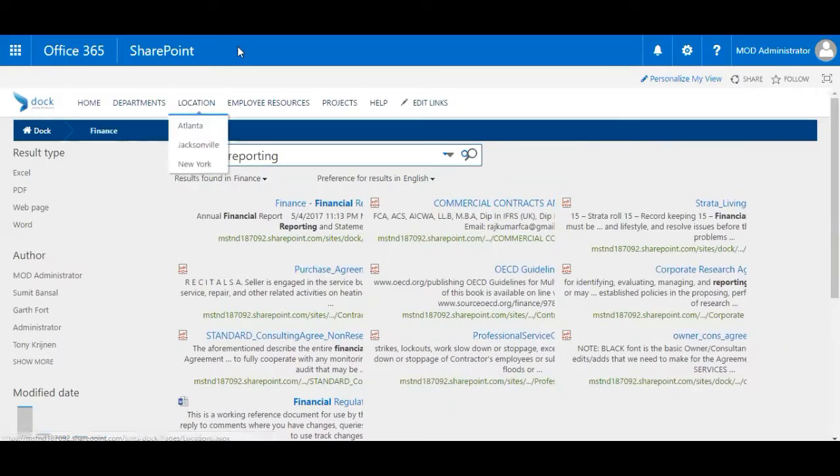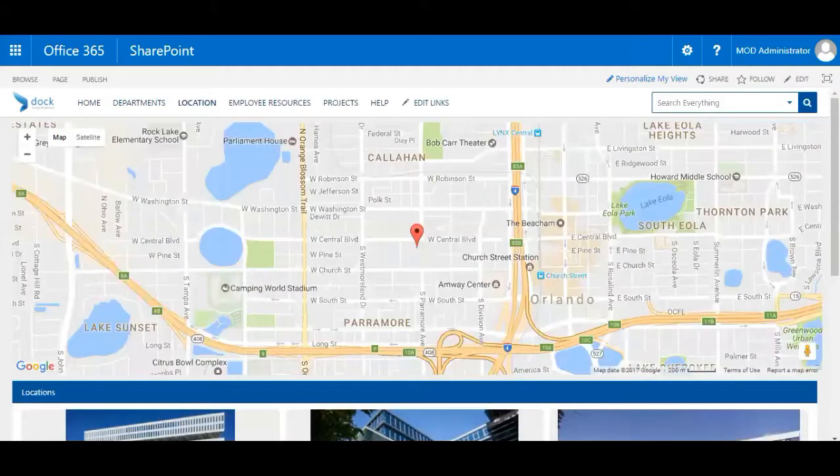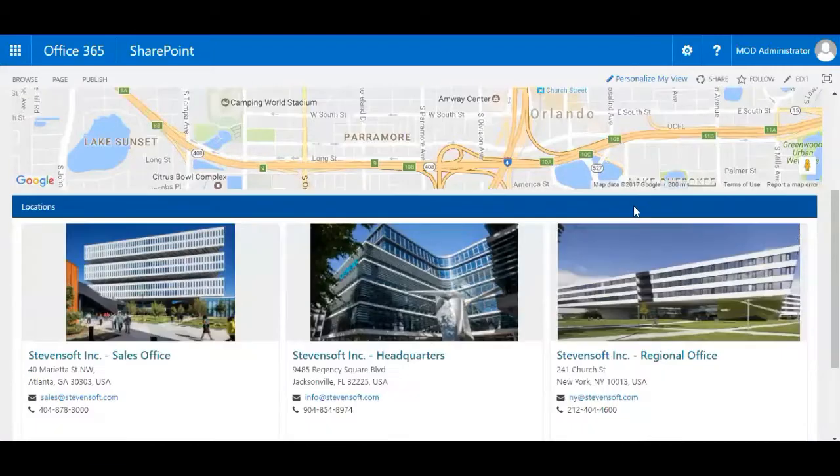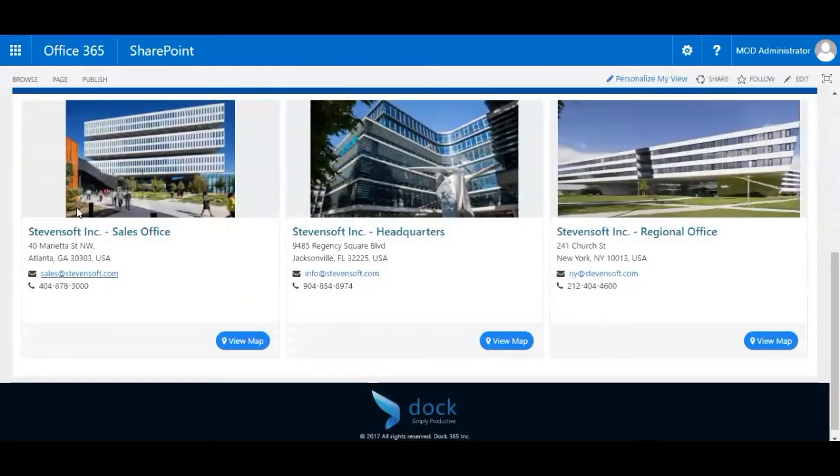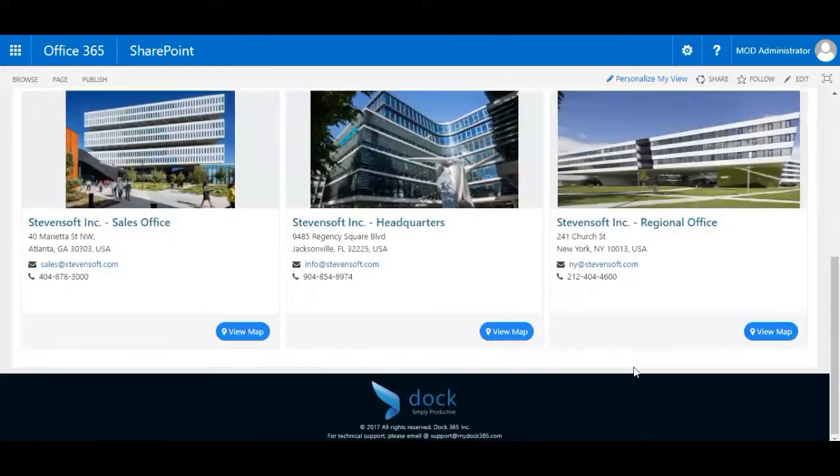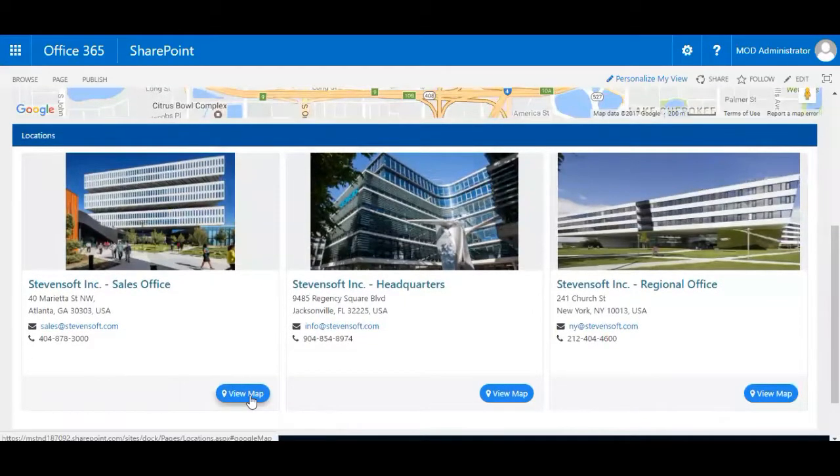All right, so that's about that. And then what's next? Okay, that's the location feature that we have added now. So if you see here, you have a map here, and you'll be able to add in locations. Let's say an organization having 3 or 5 regional offices. So what you can do is you can add in your locations. Basically, what we have done is we have also linked it with Google Maps, so that